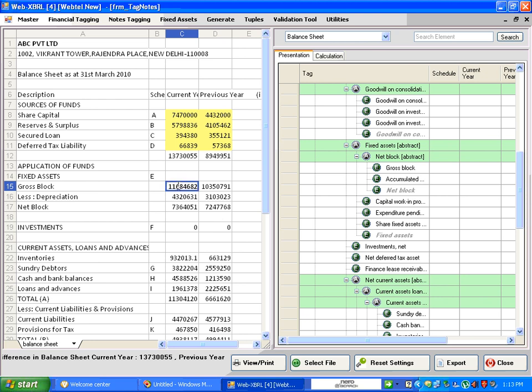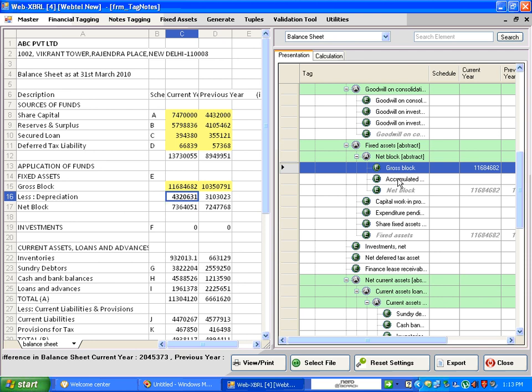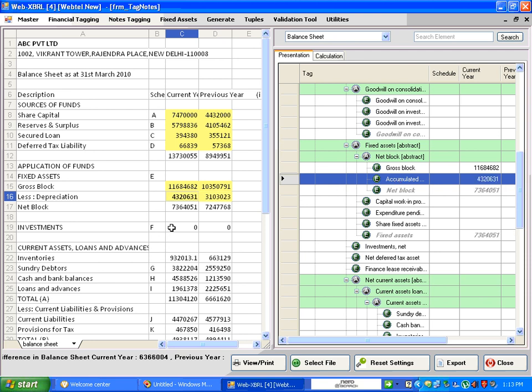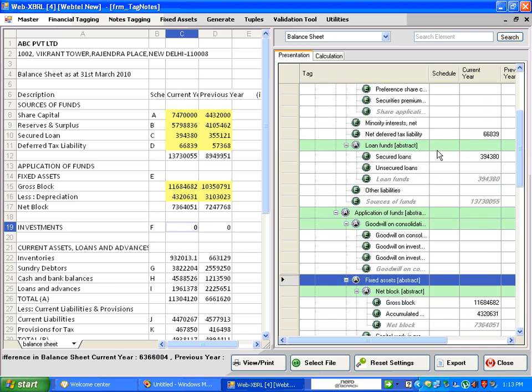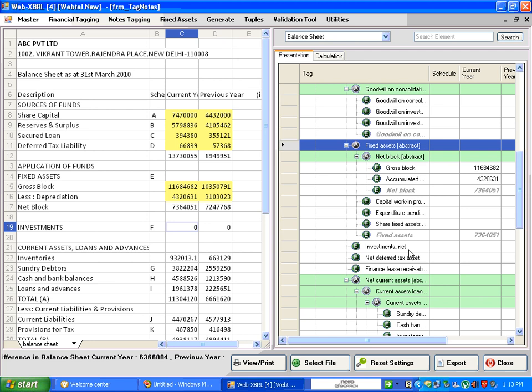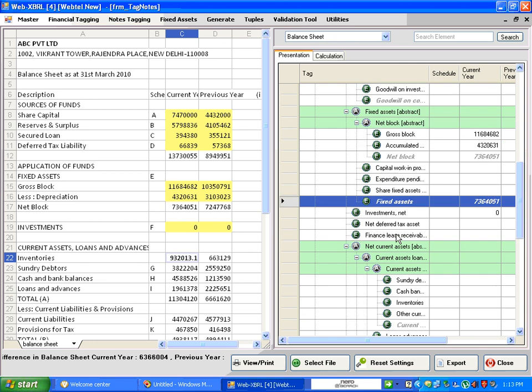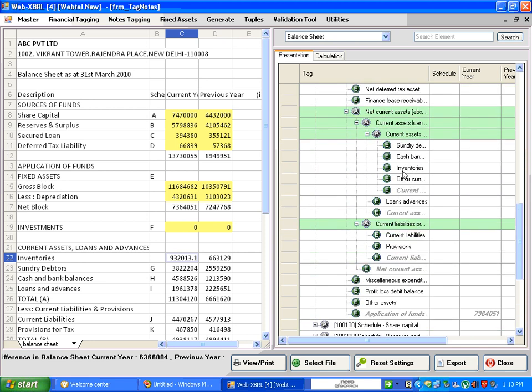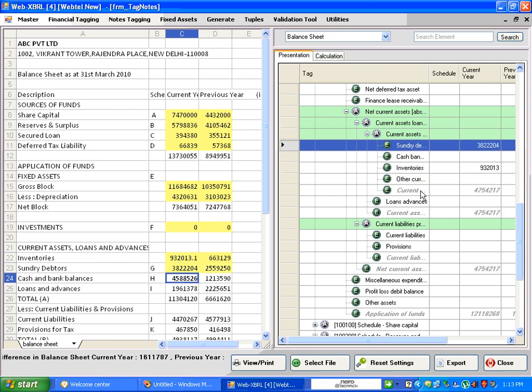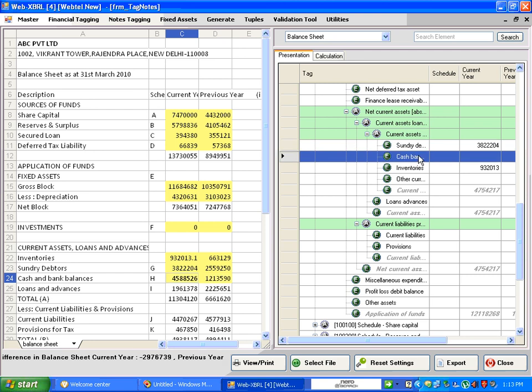We have gross block here. I'll place my cursor here and tag it. This is depreciation. Accumulated depreciation would be an appropriate tag. I'll double click again. For investments, I have it here, net investments. Now inventories, it would be under current assets. Sundry debtors again here, cash and bank balance, loans and advances,